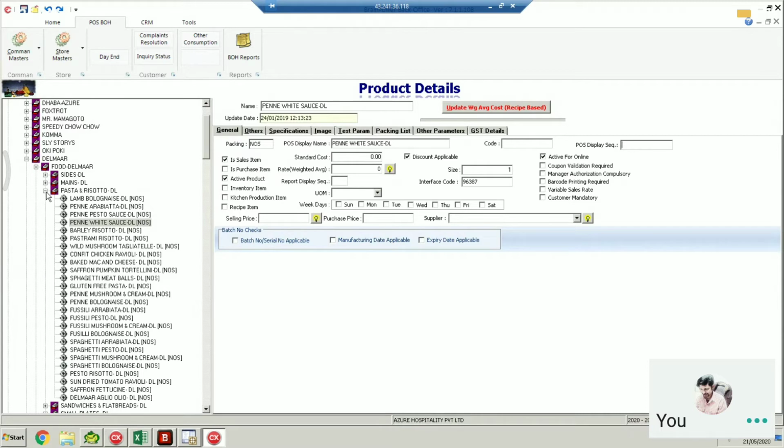Yes, by default it takes alphabetical. If the sequencing is done, then it takes the menu based on the sequence. Otherwise, it is done in alphabetical order. Okay, let's continue. Suppose you want it by price, then we can provide that. Currently, no one has asked for this requirement, but suppose you want the menu by price, that is possible.